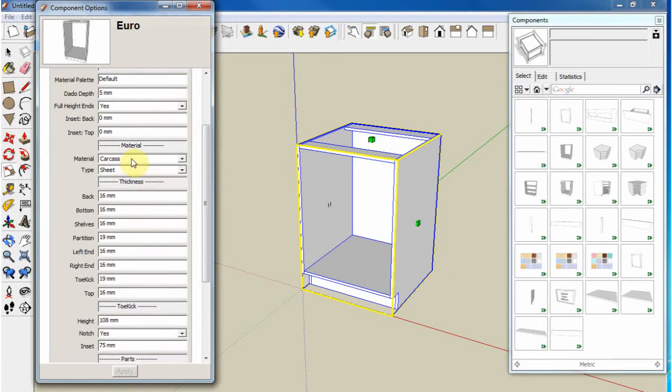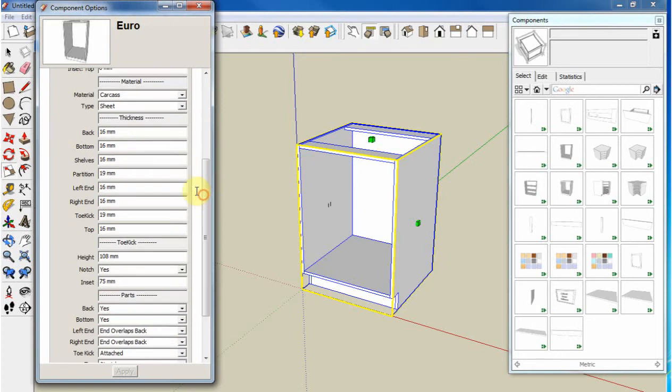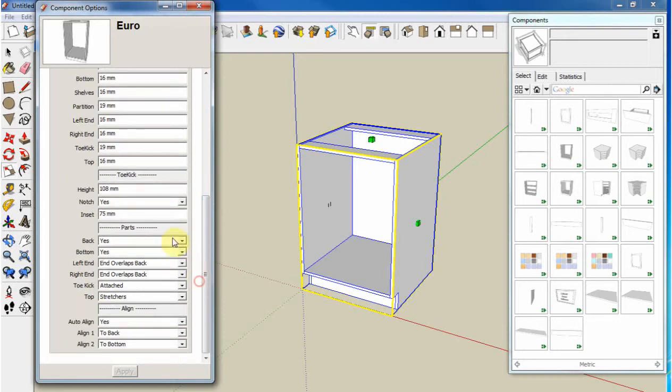You can set the material of the carcass, so that would apply to the entire carcass. And then as you go down into individual components, you can override that. You can specify the thicknesses of all the different components, the back, bottom, shelves, etc. The toe kick we've already gone through. And then you can tell CabinetSense what parts you want visible and how they are constructed in relation to other parts. So for example,